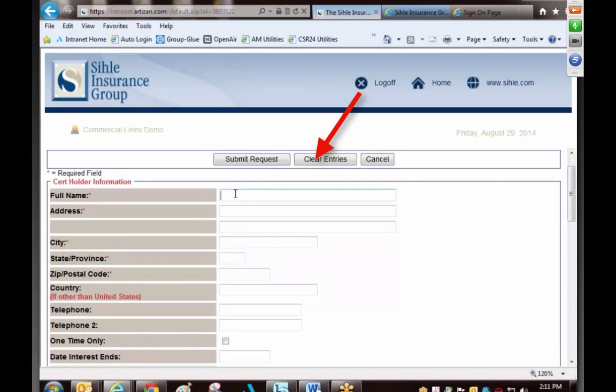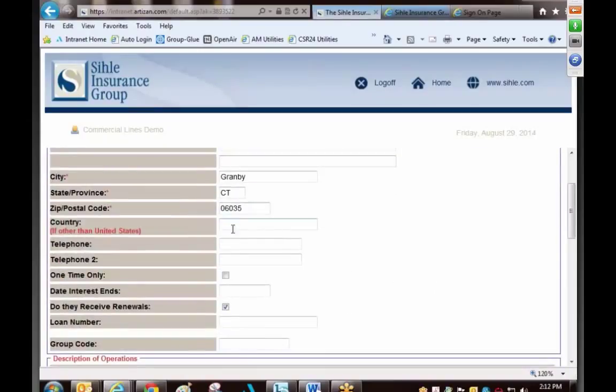From here, I can put in the cert holder's name. Put in my very creative address of 123 Main Street. All right. So here we are. We've put in some information. I could put in more information about this cert holder as well, although most of this information is for record-keeping purposes,